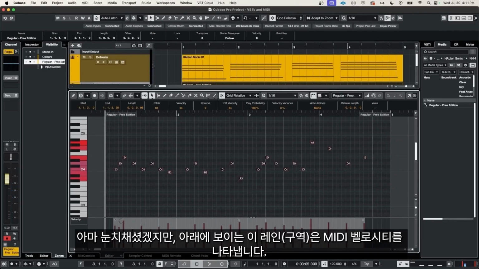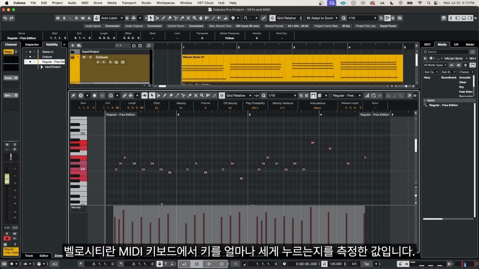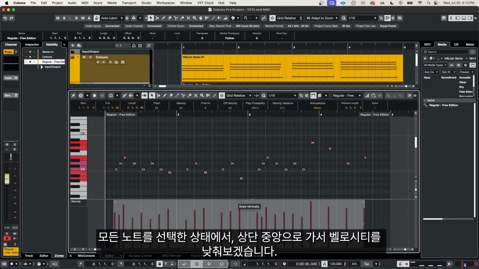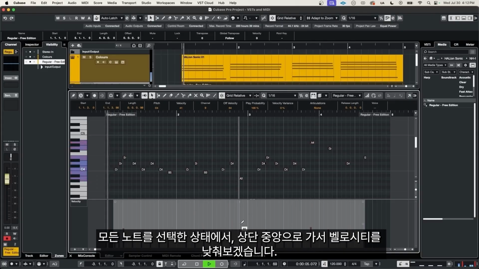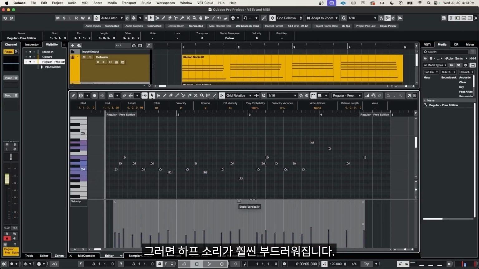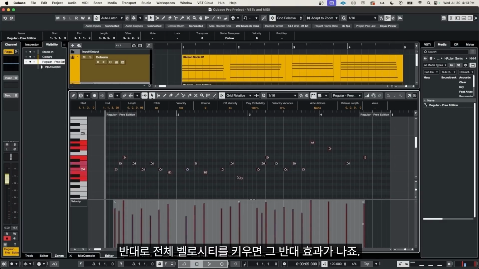Now you probably notice there's this lane here at the bottom that's representing our MIDI velocity. Velocity being a measurement of how hard I'm hitting the keys on my MIDI keyboard. Now with all of these selected, I can actually come up here to the top in the middle and bring the velocity of all of these notes down, which of course makes the harp sound a lot softer, or I can scale these all up, which has the